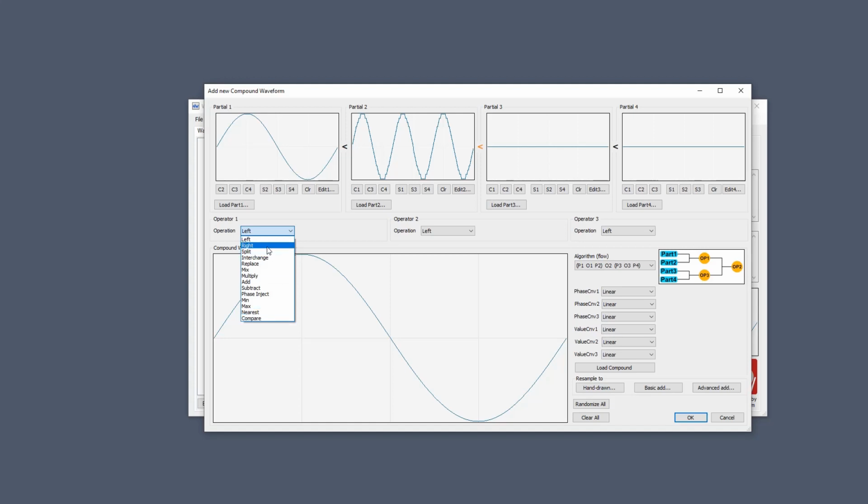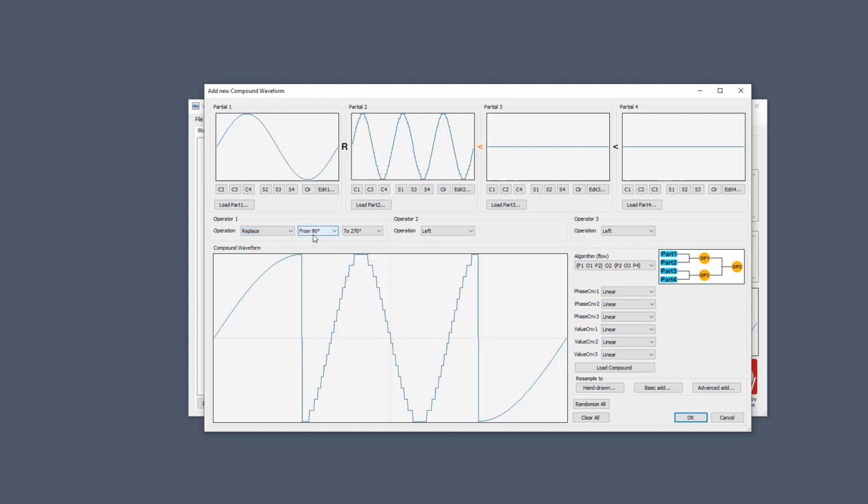Before I show this compare, let's show the splits. The split you can choose... Sorry, that was the replace. The splits. It will be 50% of the first waveform and 50% of the last waveform, and then you can define a transition area here. So basically, you are splitting the phase. In this case, the first part of the phase is the first, the last part of the phase is the last. Choosing the compare operator, you instead